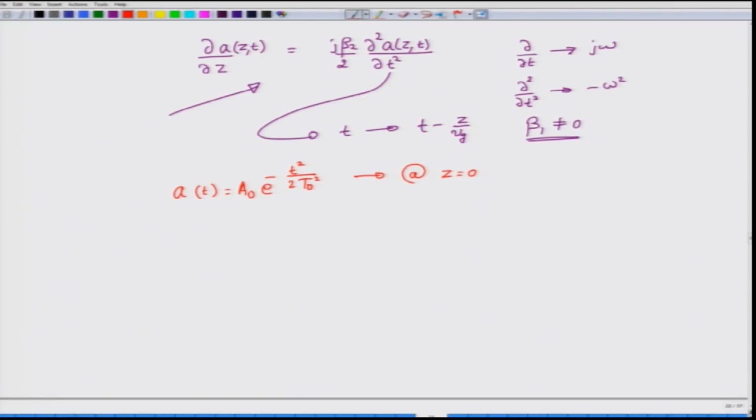And notice how, because there is a t square in the exponential, the pulse is actually symmetric with respect to t equal to 0, because positive values of t will give you the same t square, and negative values of t will also give you the same t square value. Because of the squaring, the sign has gone away. Okay. So, this is a pulse which is symmetric at t equal to 0. It also has its maximum at t equal to 0. What is the maximum value at t equal to 0? It will be equal to the constant a naught.